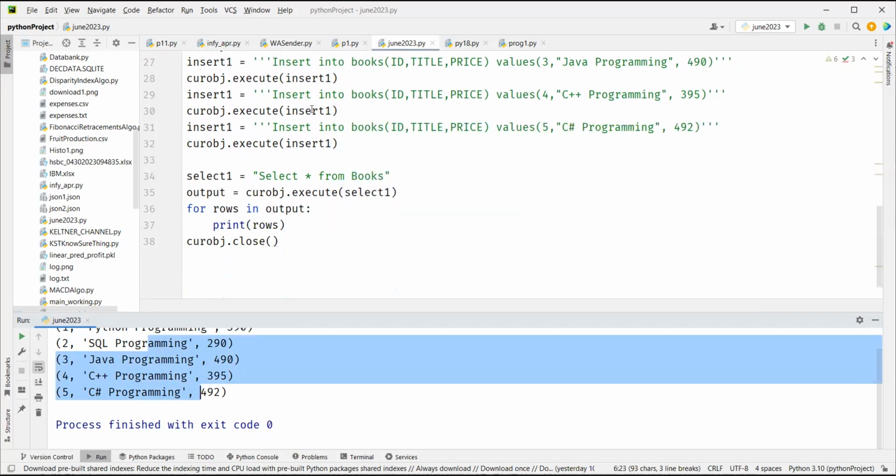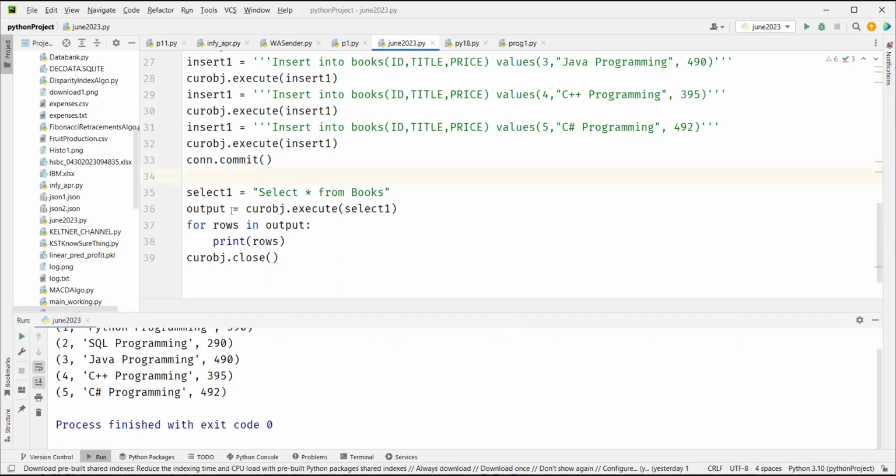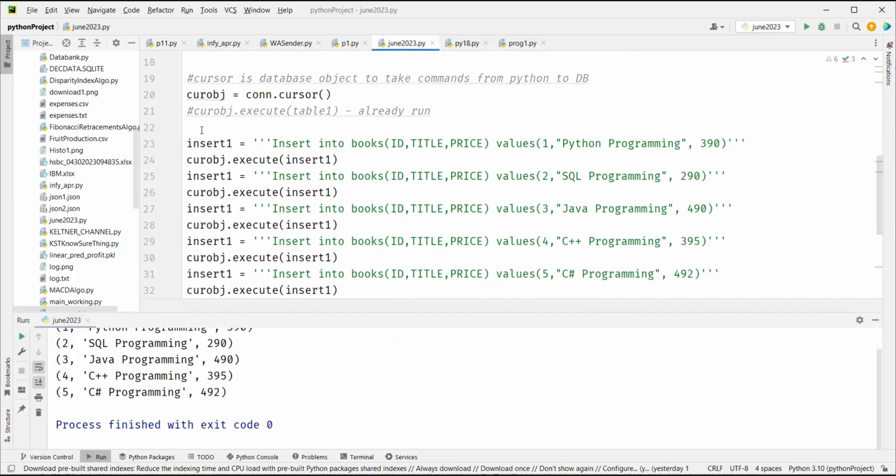So now if I want to commit the changes, then I will say here cursor object dot commit. No, I think it's not cursor object. It is connection dot commit. So connection dot commit, whatever changes you have made till line number 33, everything will be saved to the database, should be committed to the database. Now when you run it, you will get 5 rows, of course. And now if I comment all these out,